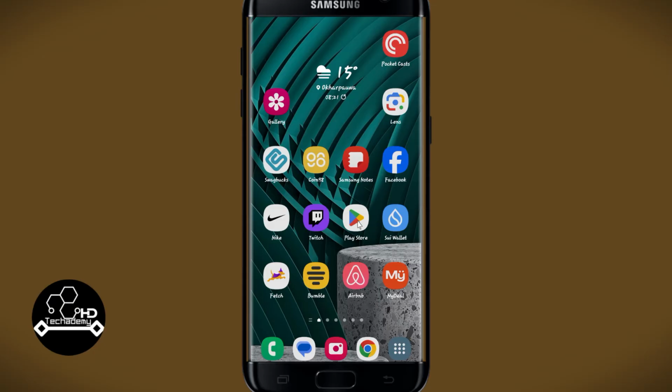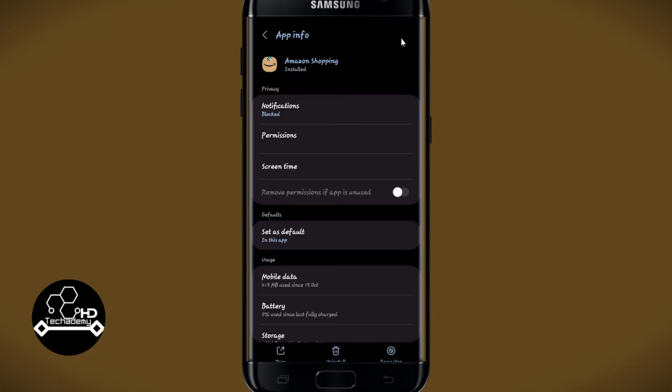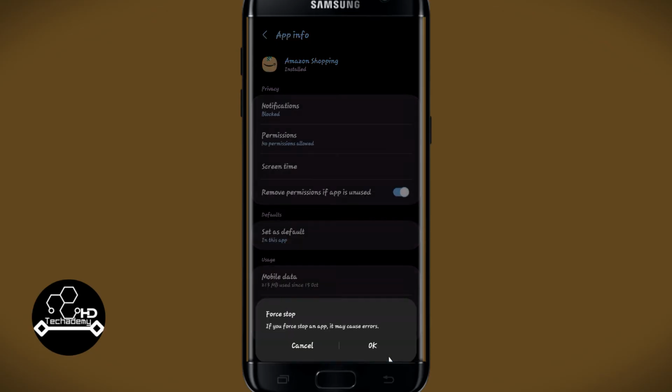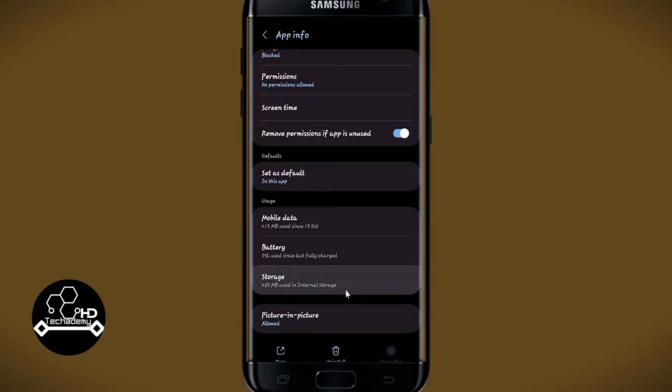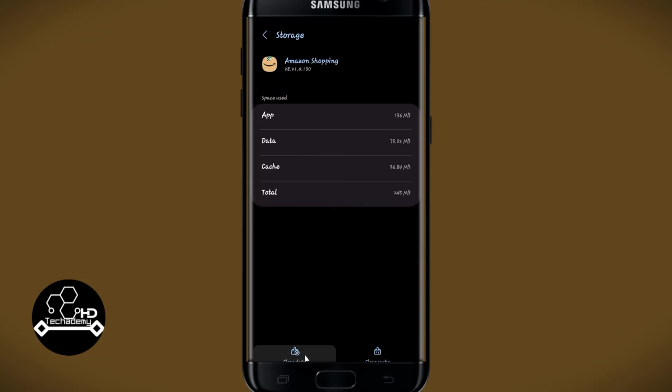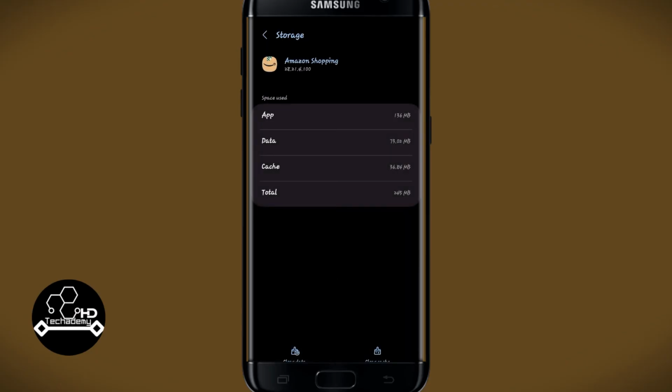If it still doesn't work, then long press on the Amazon Shopping application and then tap on the info button. This will then take you into the application info page for Amazon Shopping. Now, first of all, tap on Force Stop at the bottom right corner and then tap on OK to stop the app. Then you can scroll down and tap on Storage, and you will now see the Clear Data as well as the Clear Cache button. Tap on Clear Data and then tap on the Delete button, which will clear all of your user data from